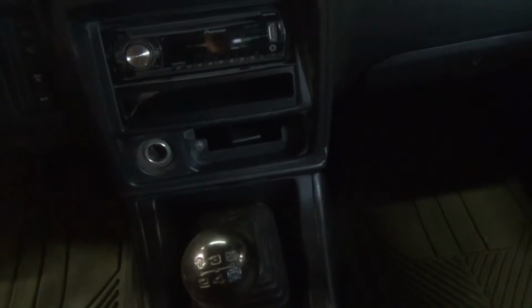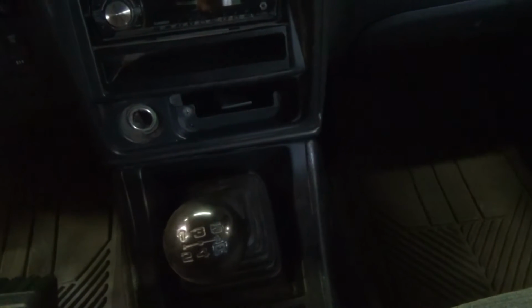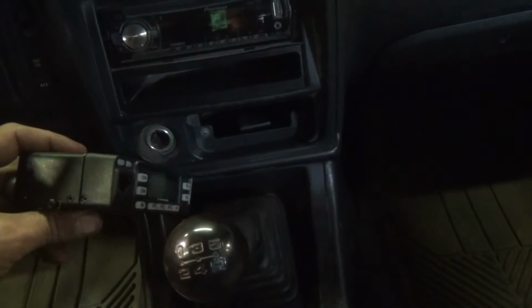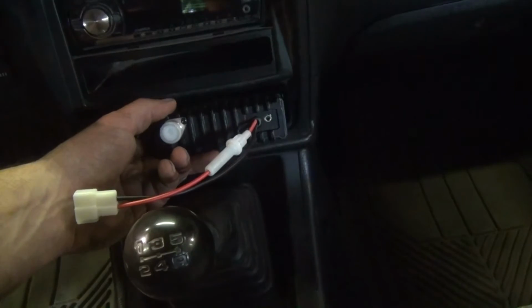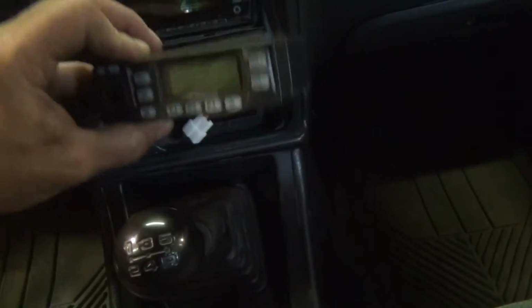I had a location picked out for this mobile radio from the very beginning, and so I looked at several different ones of different shapes and sizes, and this one fit the bill perfectly. This is where my ashtray normally goes, and I have no need for an ashtray in here, and this radio is just, as you can see, the perfect size here. Obviously I've got the front in there, but